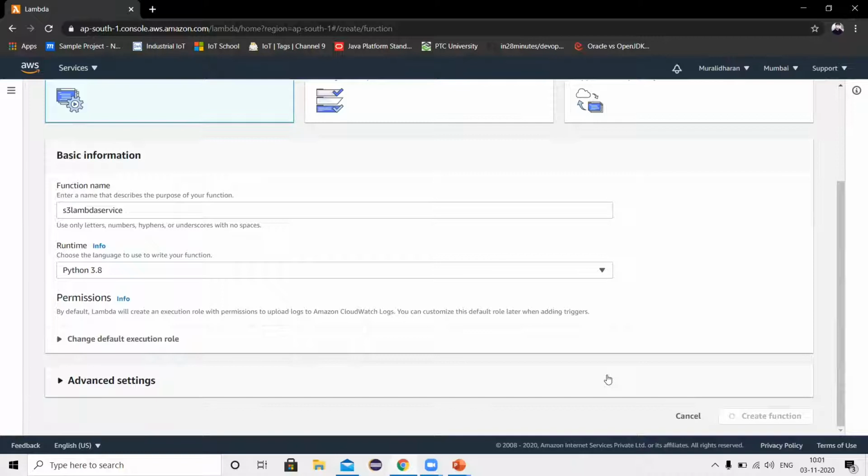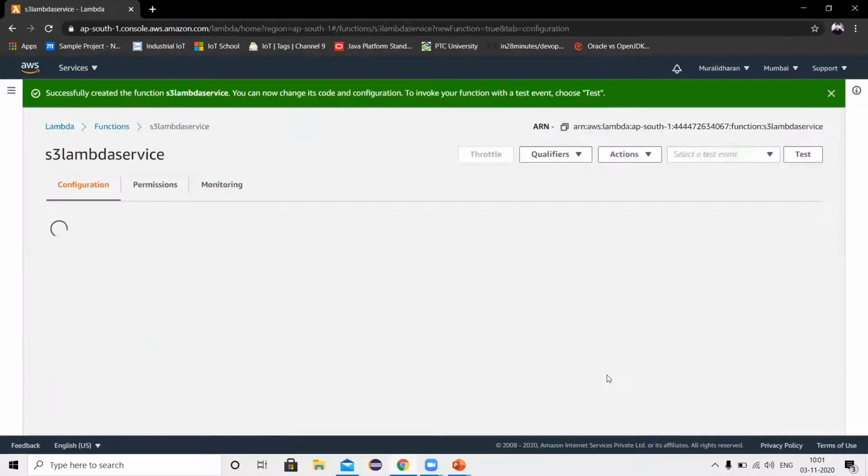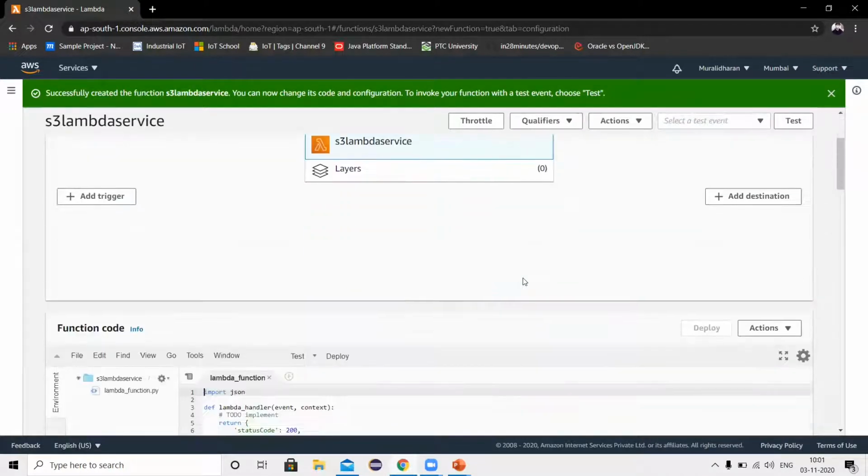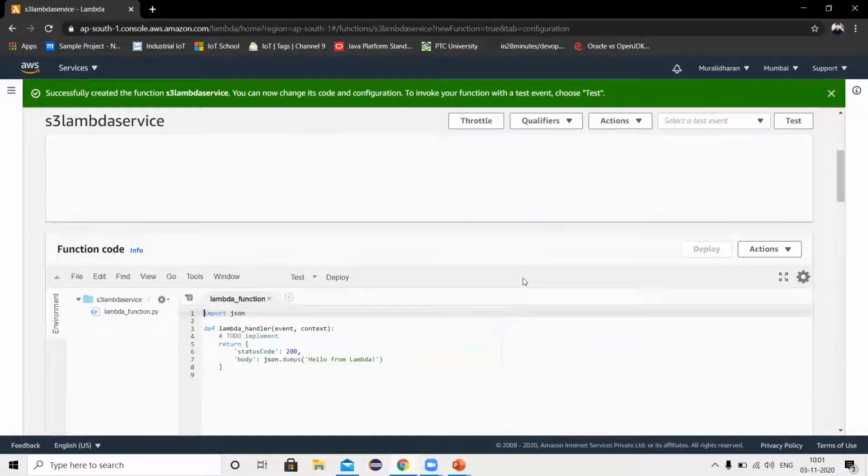Once this service is ready, we are going to create new S3 buckets, and we are going to write code here to pull the S3 bucket names. So once this service is ready, we will create the S3 bucket, and once the S3 bucket is ready, we will come back to the Lambda service and write the code here to pull the data from the S3 bucket.